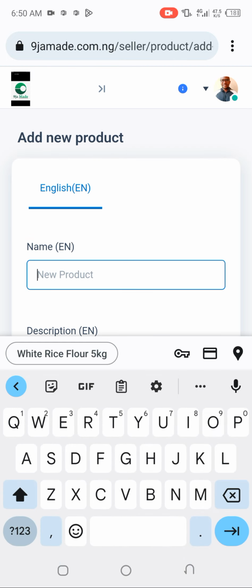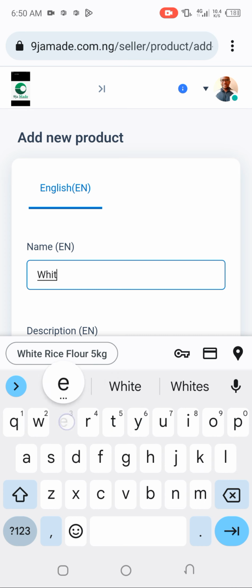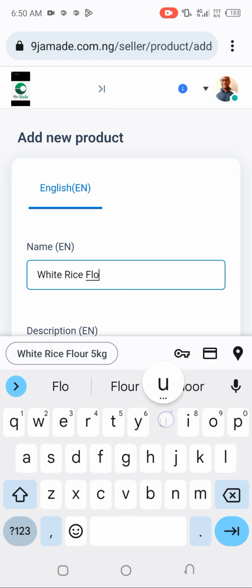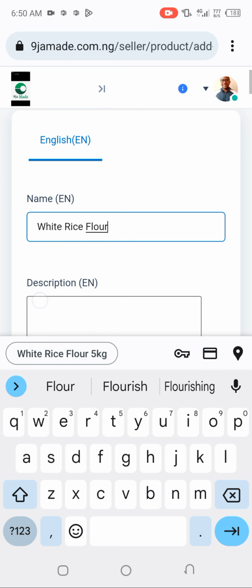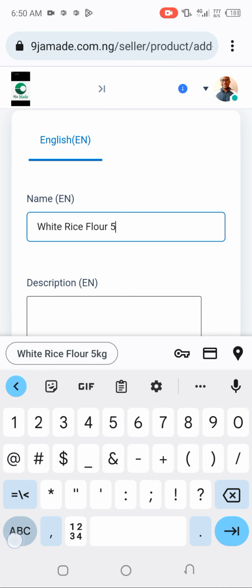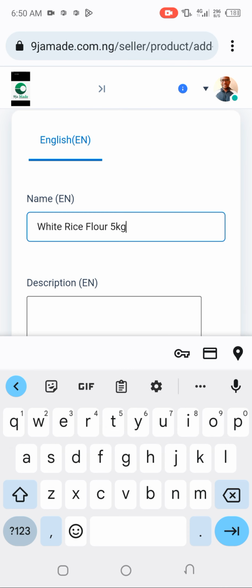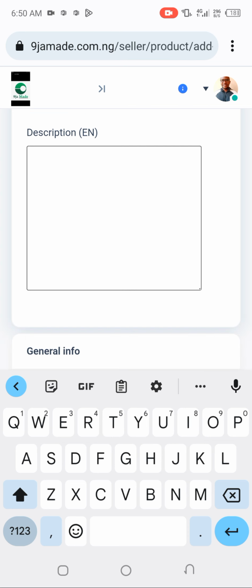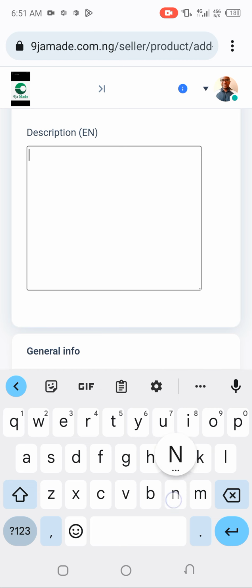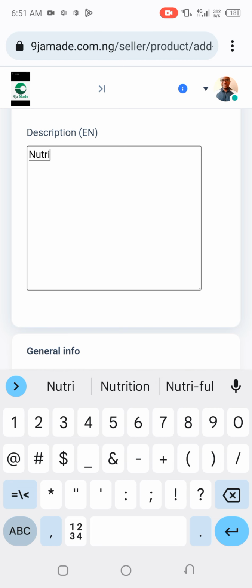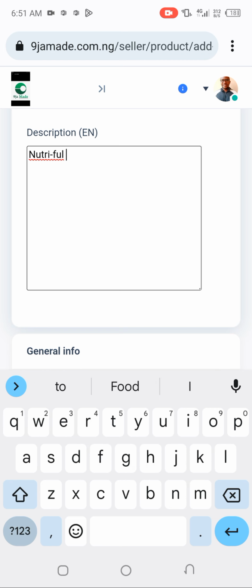I want to sell white rice flour, 5 kg. Then my description: Nutri-Full white rice flour